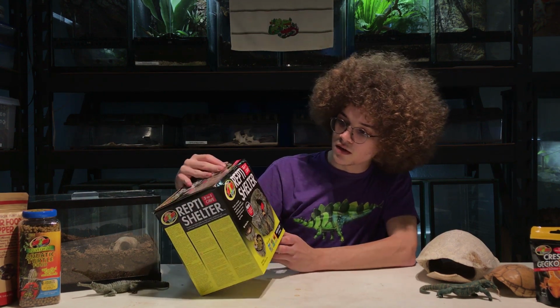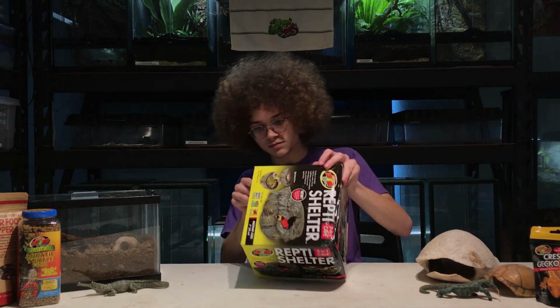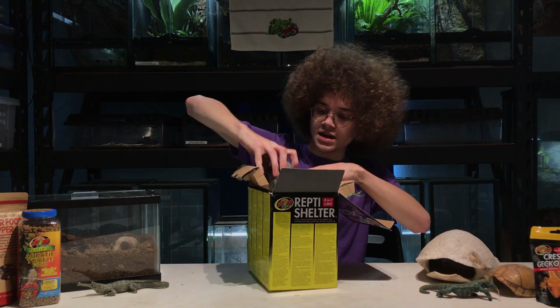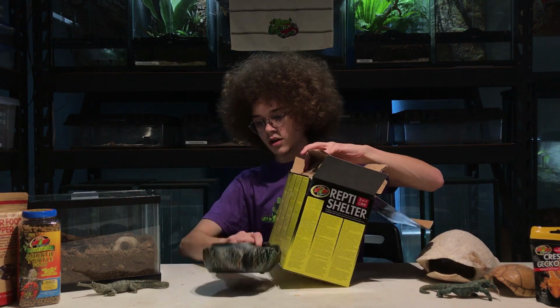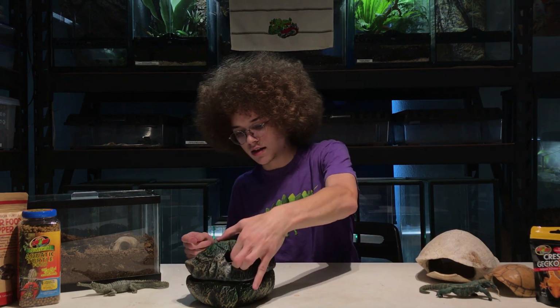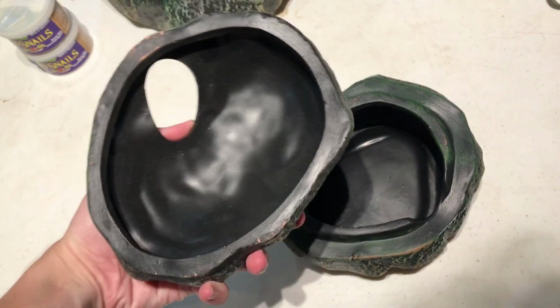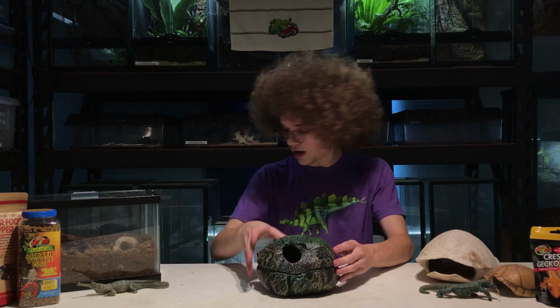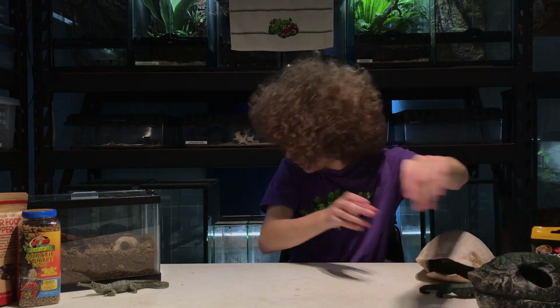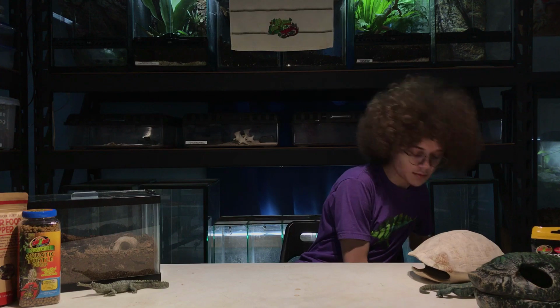This would be the medium, which is about 8 inches. I guess we'll take it out of the box. Lots of padding in here, and this is a hide that comes in 2 parts. We have part number 1 and part number 2, so we have a lid and a base. So this is a 2-part shelter. It is marketed as essentially a humid hide because you can line the inside with substrate, or an egg-laying box for many species. So we have our Raptor Shelter, we have a medium one here, we have another medium one here, which is the exact same thing,